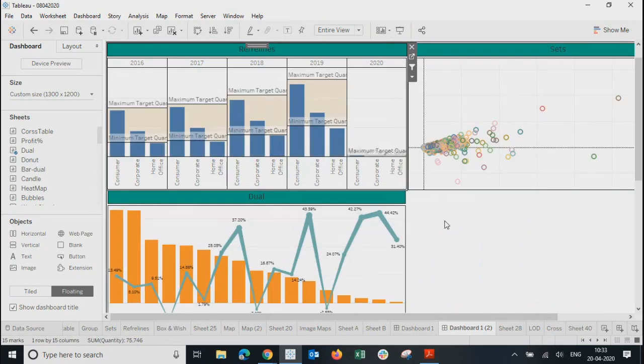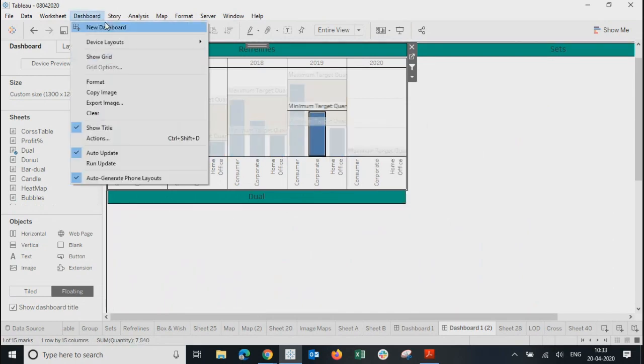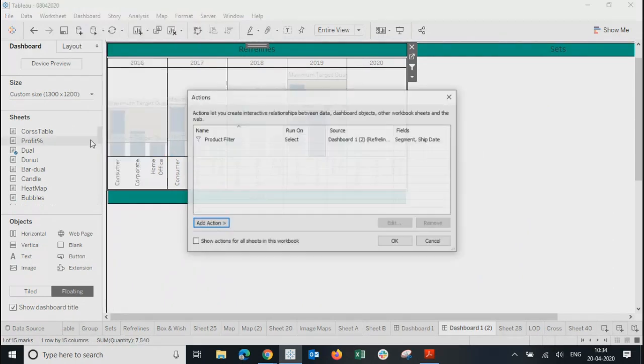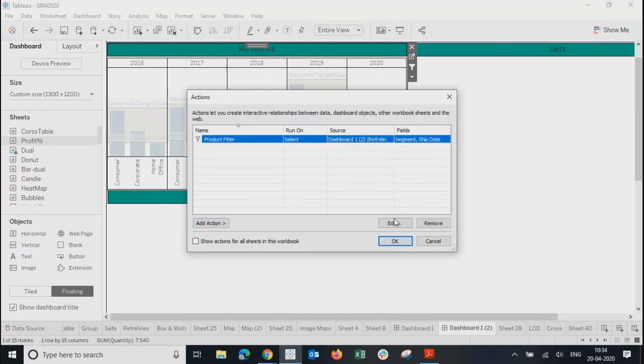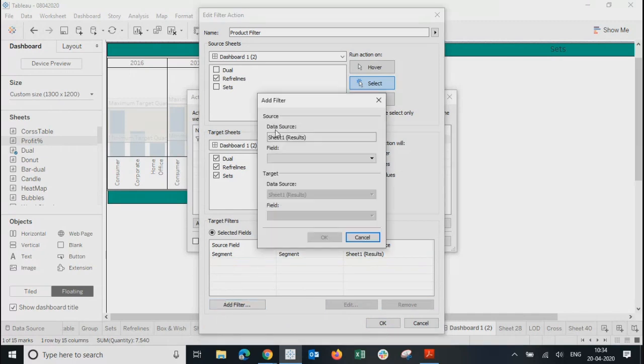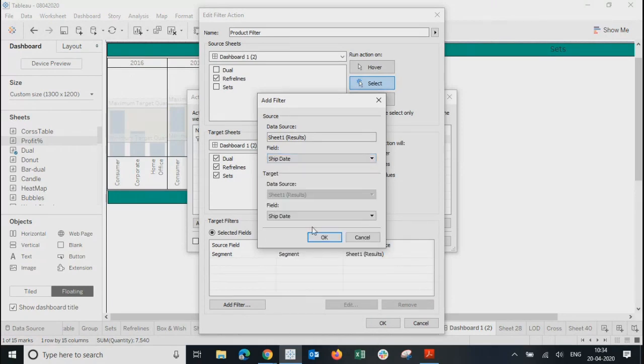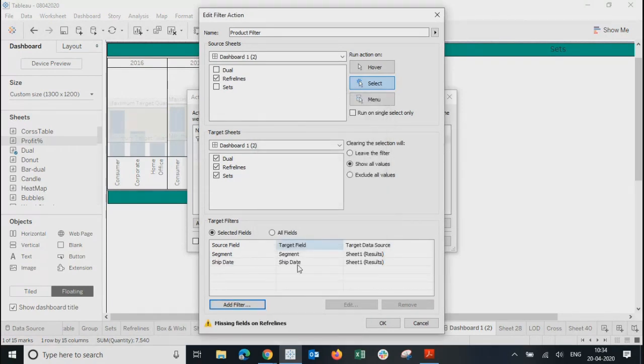Okay, something is still wrong. The filter is not working fine. So actions, product filters, edit. It still gives me the warning that there are missing fields on the refer line. Ship date, ship date. Okay,